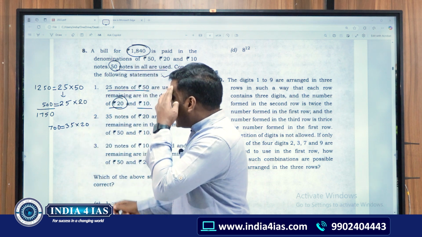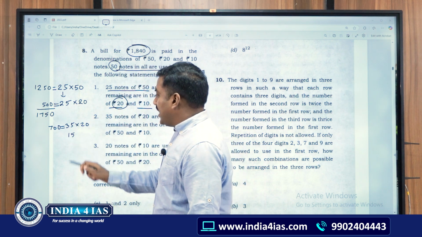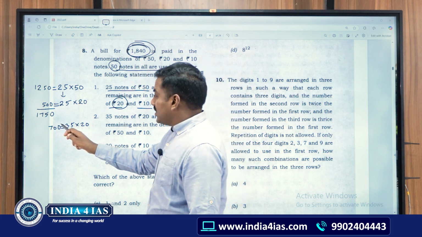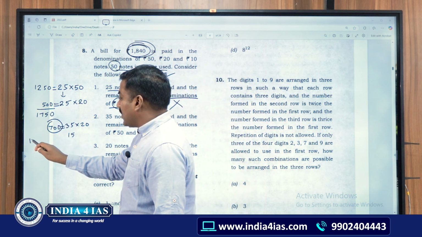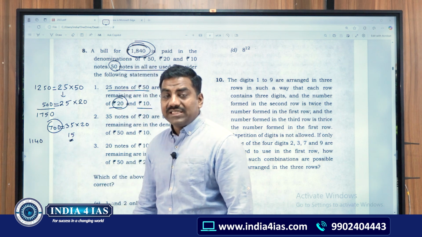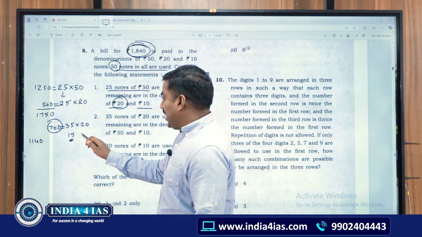And I need another 15 notes. But I have to settle 1,840. Here 700 is paid. I need to pay 1,140 more. But only 15 notes are there. Maximum denomination is 50. 15 into 50,